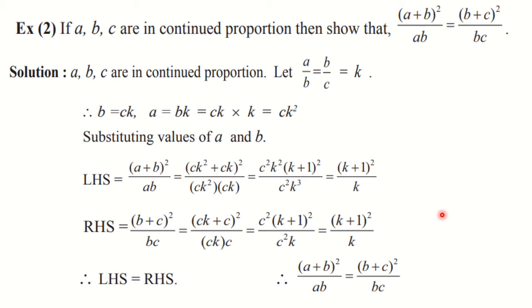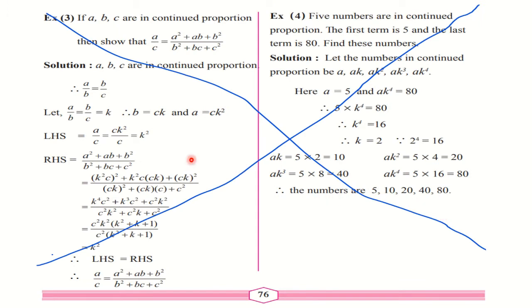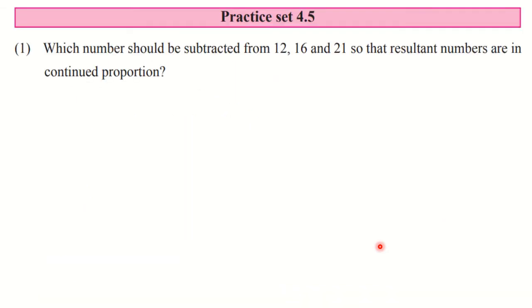Solved examples. Now let us go further. These two solved examples, solved example number 3 and solved example number 4, they are deducted. They are not there. Okay. They are under the deducted syllabus because of COVID-19. So you take a note of this. These two solved examples you will not do. Okay. Now let us go towards the last practice set, that is practice set 5.4, which is based on two concepts, continued proportion and K method. Okay. So let us start.